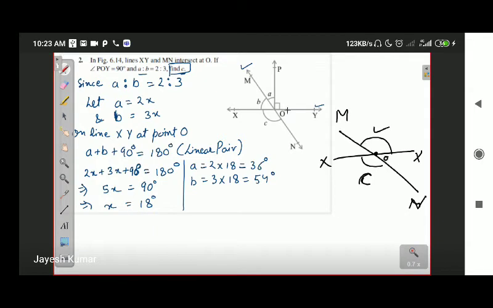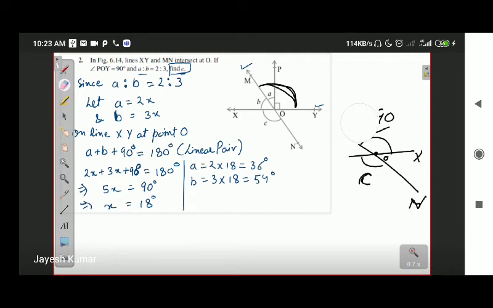I am talking about this whole angle. This angle is A plus 90 degrees. We already know the value of A. We can add A and 90 degrees, and the answer will be equal to C. This is one way of doing it. There is another way in which we can solve the question.